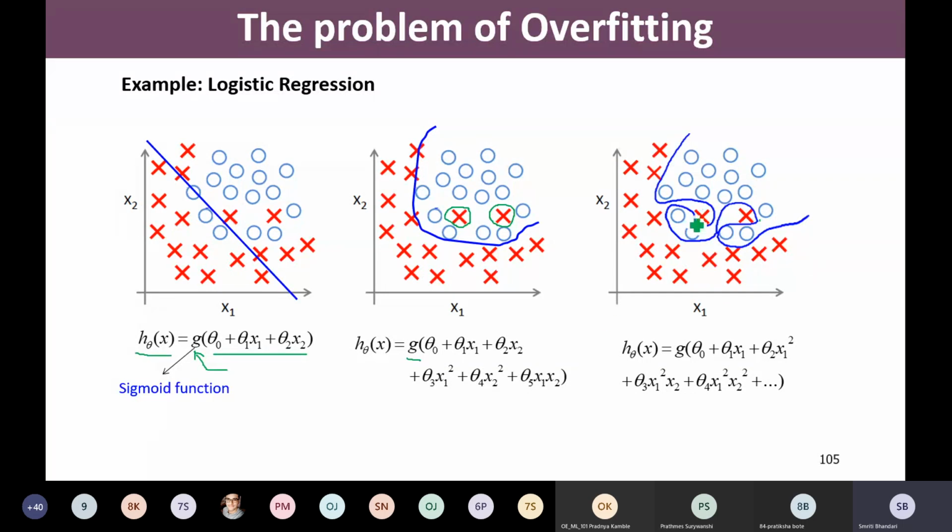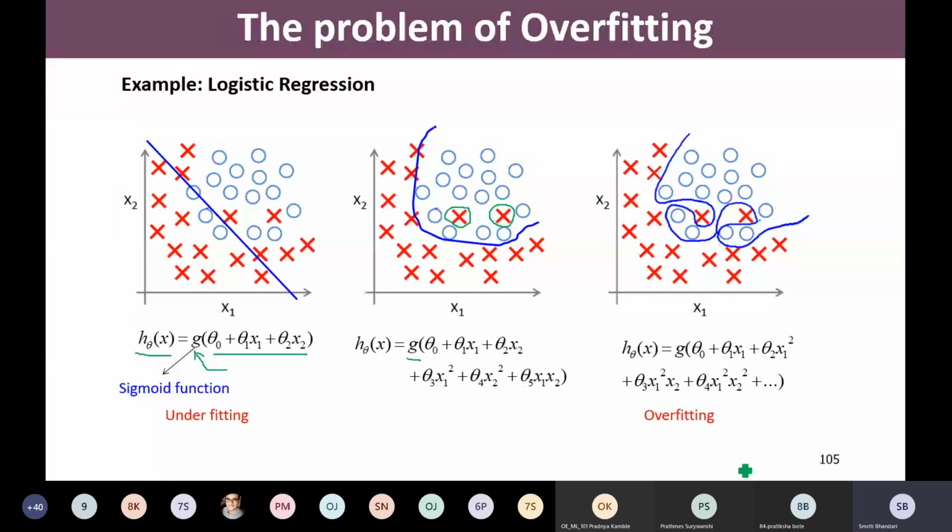We may have some noise also, and my model tries to learn the noisy samples that are present in my training data set. And that is why my model is being trained incorrectly, and that is why it may not generalize well for unknown data samples. Right? So this is the problem of underfitting and overfitting, and this middle figure is actually the right fit.